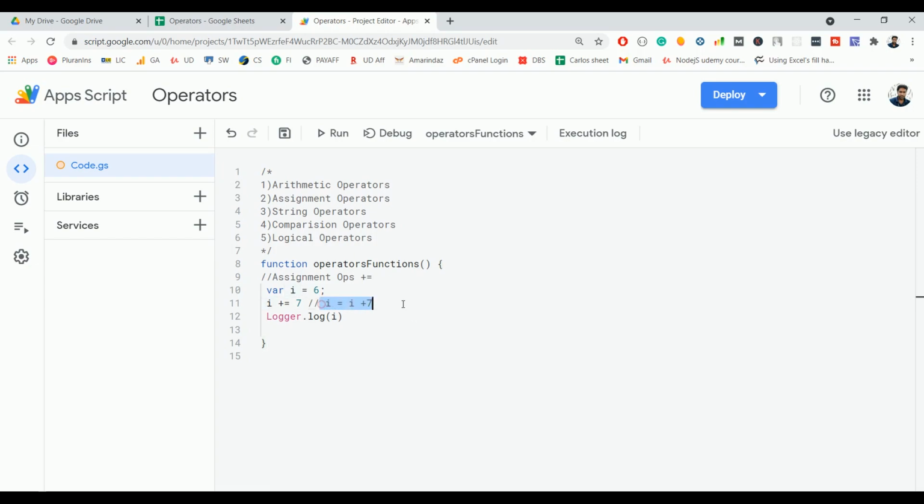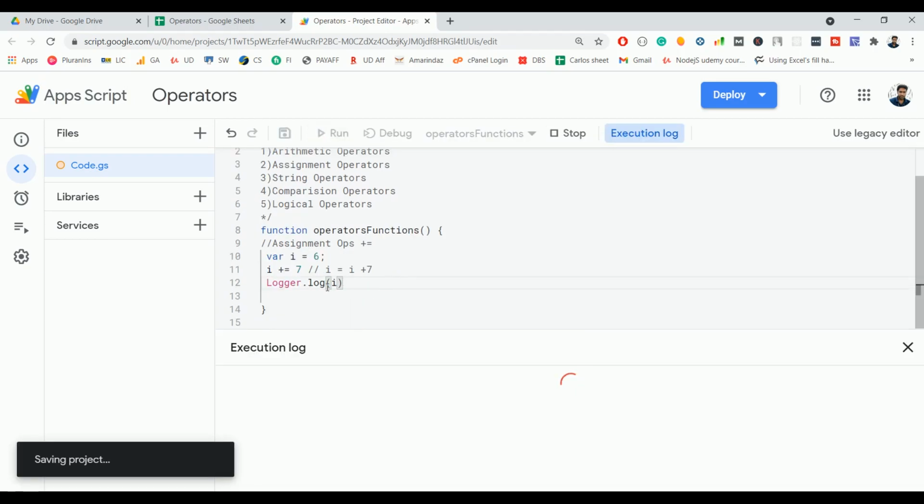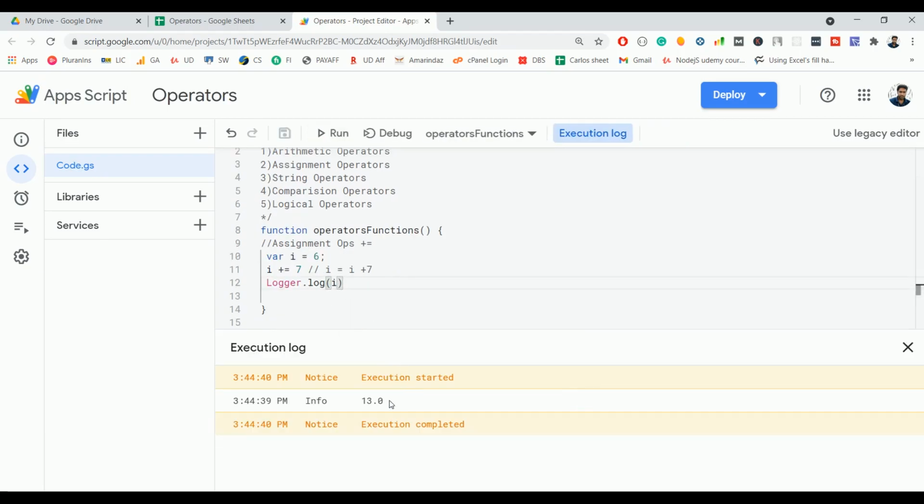It is a very simple mathematical expression, but instead of writing this, you will use the addition assignment operator. In all programming languages, this is recommended and more efficient than writing the normal mathematical expression. So I is already 6, and this I plus equal to 7 will take care of adding 6 and 7. If I print the value I after that, it's going to give me the sum of 6 and 7.